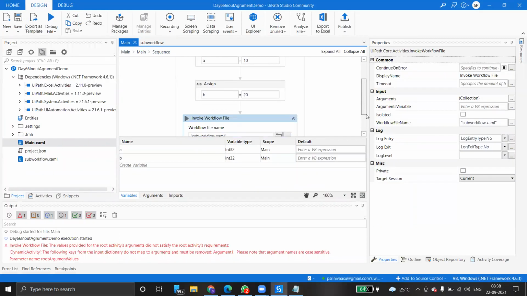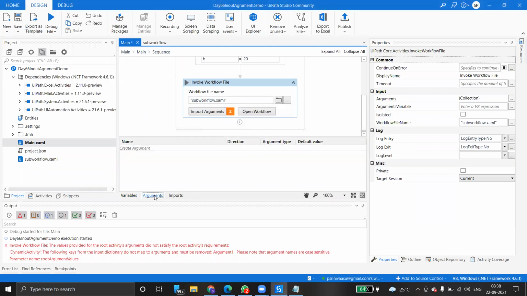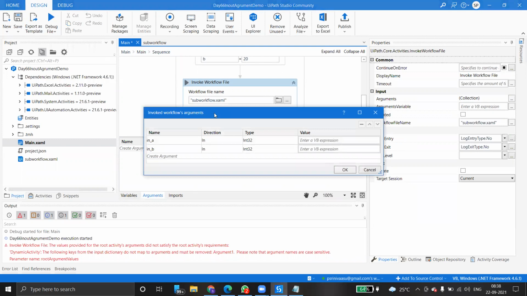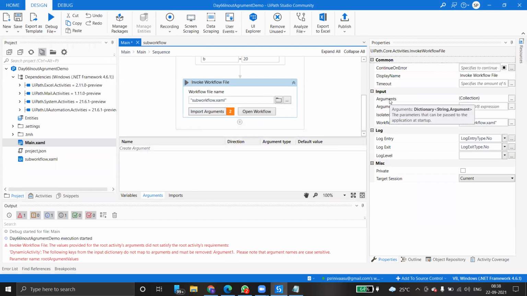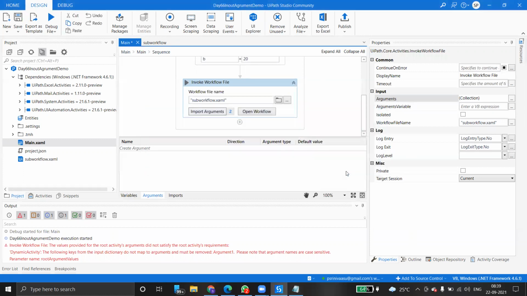Okay, let's go to workflow one. Yeah, here. In underscore A, in underscore B, fine, absolutely fine. What about arguments here? There are no arguments. Int only we have created. Otherwise, you can also check here. It's not an issue. Just click here. Oh, see. In underscore A, in underscore B. This is input. It is integer type. In underscore B, this is input. Right. Click OK. Control S. Just run the program once again.